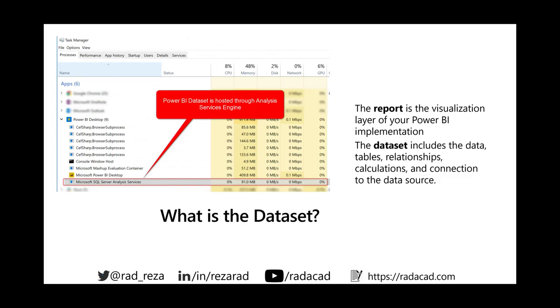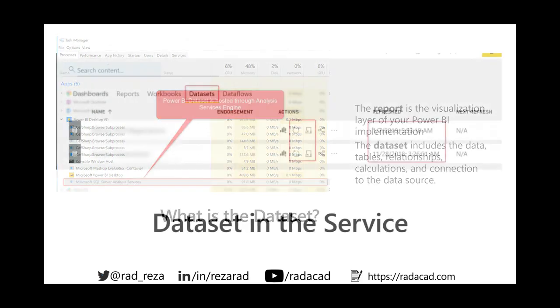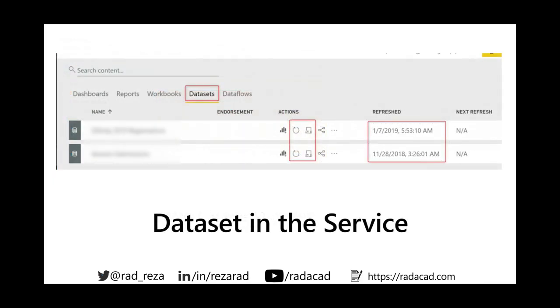That is where the dataset lives. Even if you run Power BI on a machine without Analysis Services, this would be there anyway, because Power BI Desktop installs SQL Server Analysis Services tabular, right? So that's the dataset. One thing is that the dataset is more visible on the website. After you publish your report to the website, you see that there is a tab for dataset, and a tab for report. You might have wondered why there are two tabs,